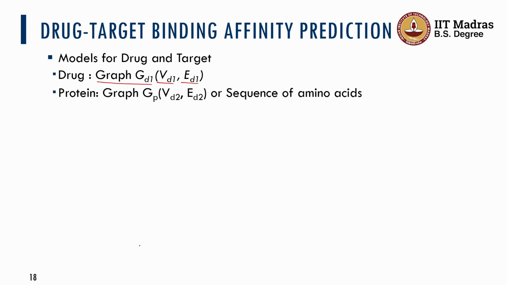And we can use all the definitions of nodes and edges which we have used for molecular property prediction and drug-drug interactions to actually create a graph for the drug. In case of protein, it can be modeled as a graph with the same definition which we use for the protein interface prediction,